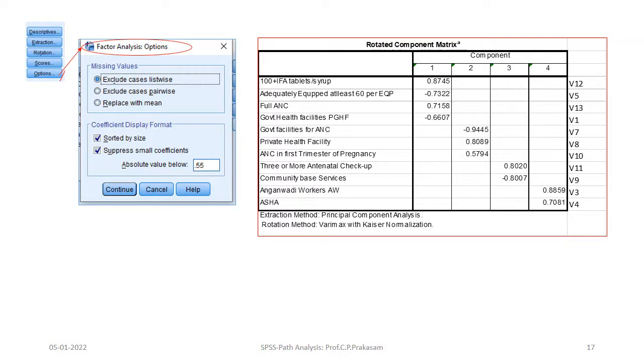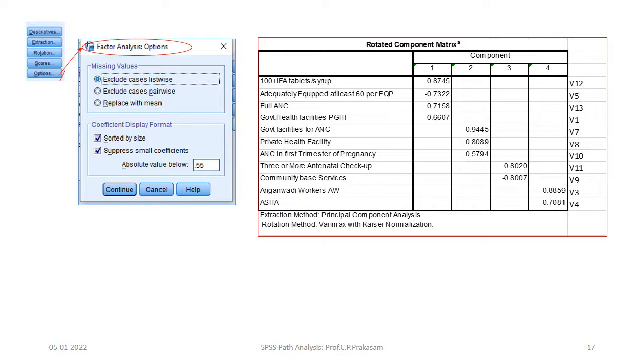This output table shows that, as we saw earlier, 4 factors have been selected. Each rotated factor and its factor loadings are given, and we can observe that it comes in 4 steps. Since we selected 0.55 as the cutoff point, all the variables having values more than 0.55 have been listed in the table, which gives a clear understanding. There are no cross loadings between one factor and another by the variables.